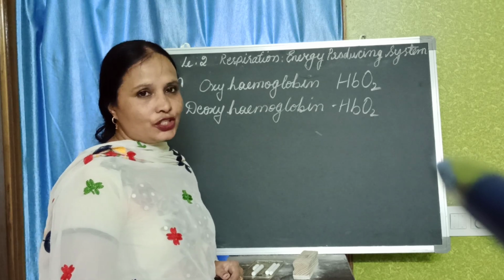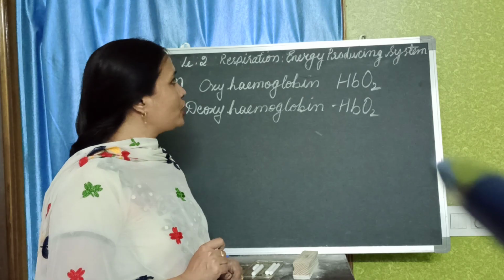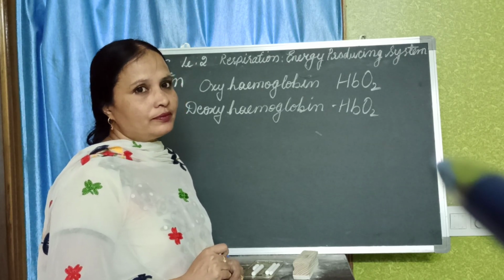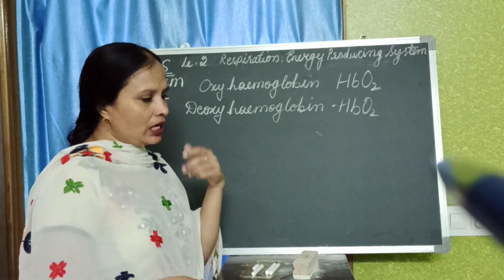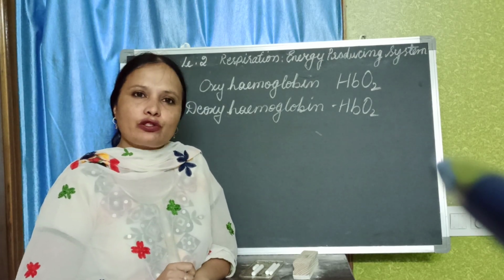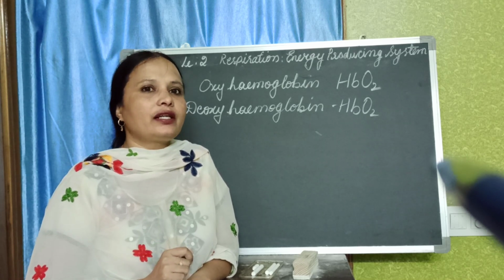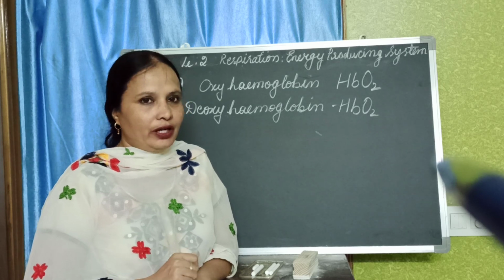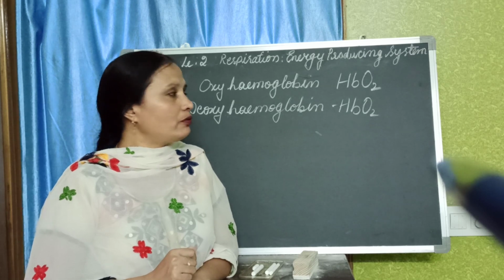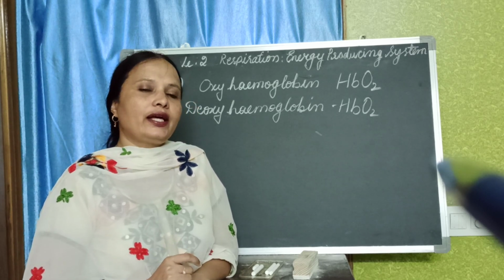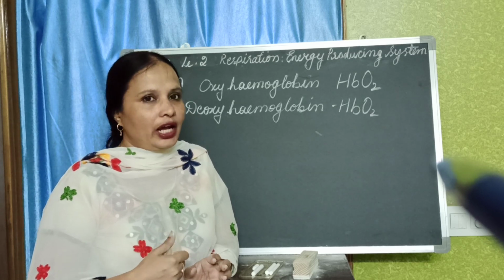So this is the third session of your class 10 lesson 2, respiration, the energy producing system. Till now you learnt about the human respiratory system and the different levels of gas exchange. You learnt about one experiment where we understand that the exhaled gas is carbon dioxide by showing that lime water turns milky, and we learnt about the gas exchange from alveolus to capillaries and capillaries to alveolus.